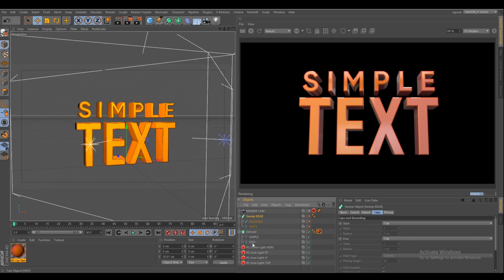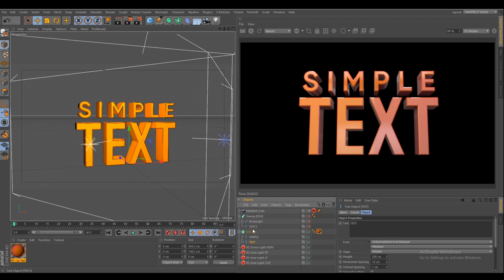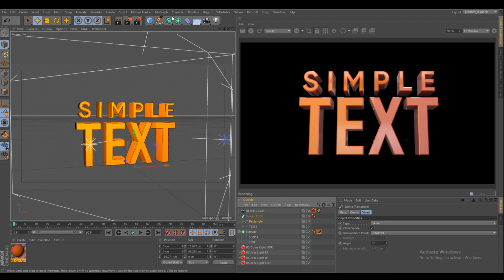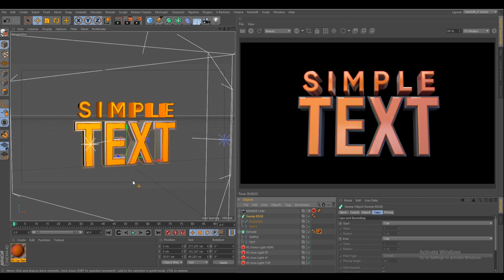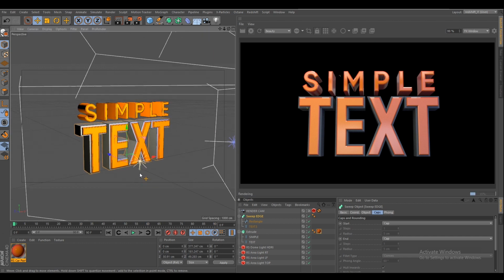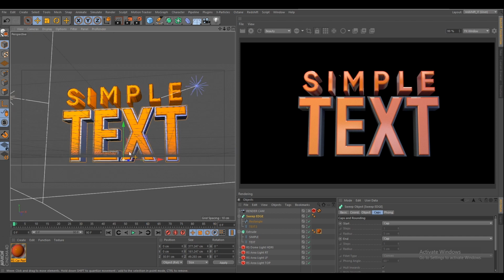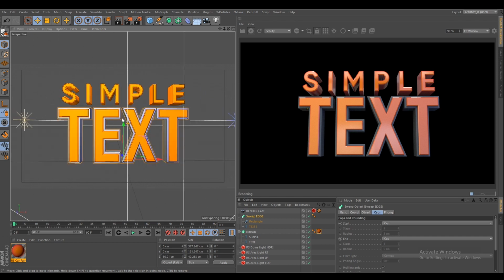What I did here, I just duplicated this text layer and took a rectangle from here, this one, and put it into a sweep node, so that I got an extra layer of text, so that it looks more interesting and gives me an extra layer of reflection also.